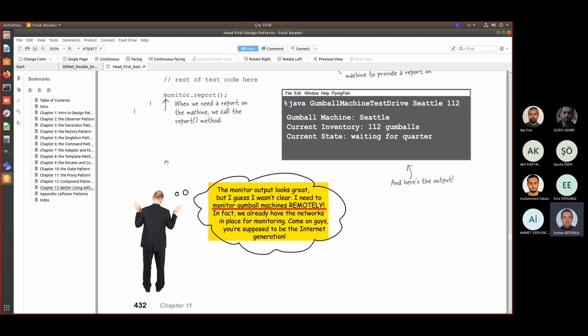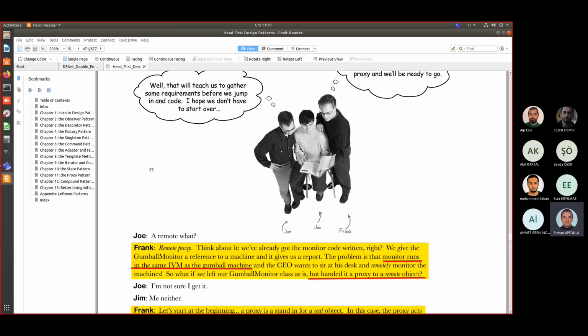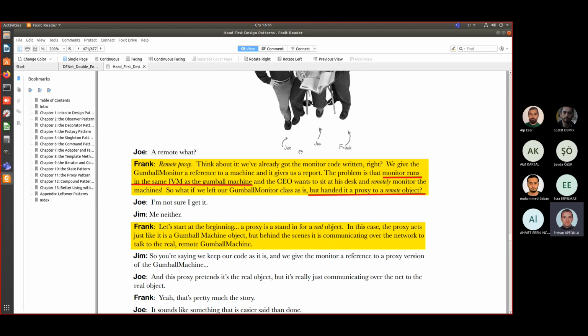Now, this is of course not a rare requirement. And one of these guys here who are thinking about this problem, they say that we should be using a remote proxy. He says that the problem is that the monitor runs in the same Java virtual machine as the Gumball machine, and the CEO wants to sit at his desk and remotely monitor the machines. So he says, what if we left our Gumball monitor class as it is, but handed it a proxy to a remote object? So basically he says we already have a Gumball monitor class, and that Gumball monitor class is